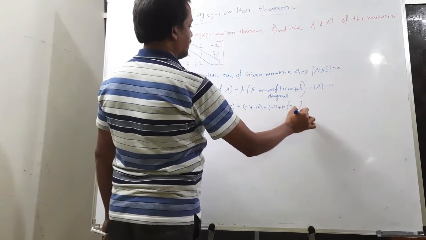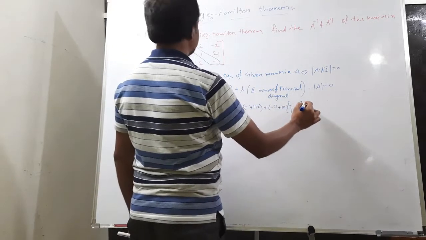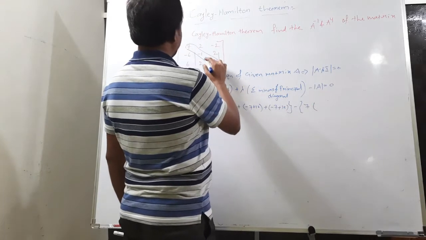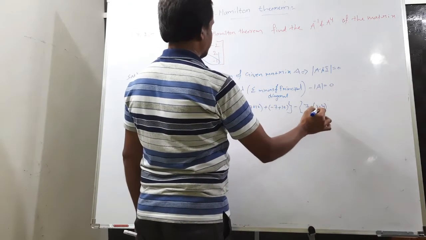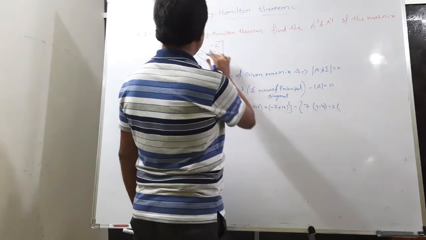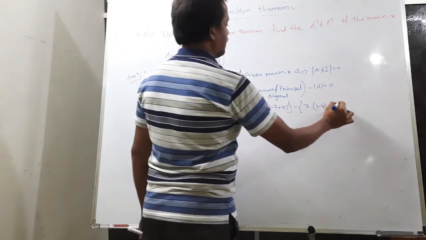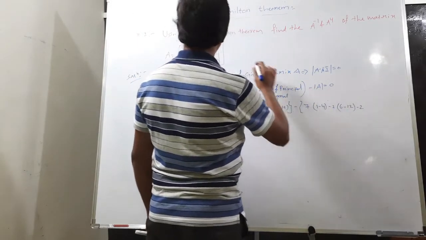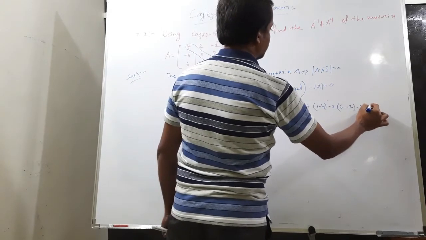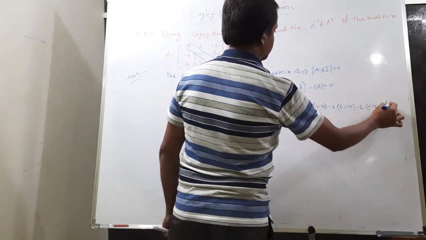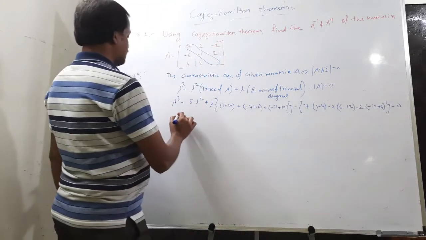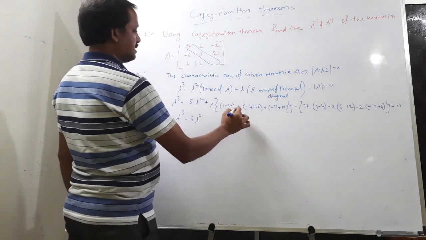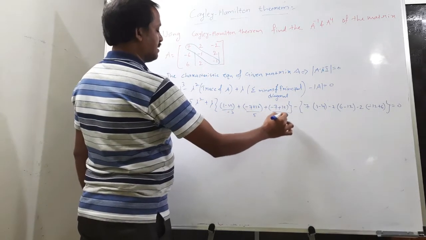So minus the determinant of the matrix. Suppose, expanding along the first row, 7 into minus 1 minus 4. So minus 2 into 6 minus 12. Here minus 2 into again minus 12 plus 6 is equal to 0. So lambda cube minus 5 lambda square, here minus 3, here 5, here